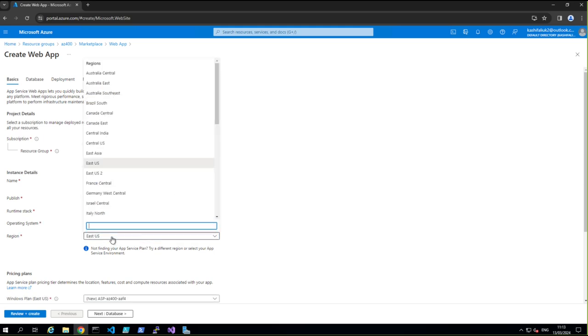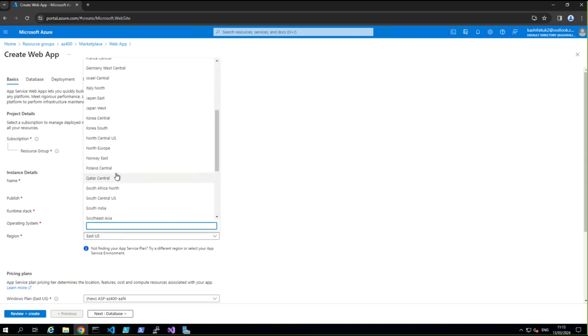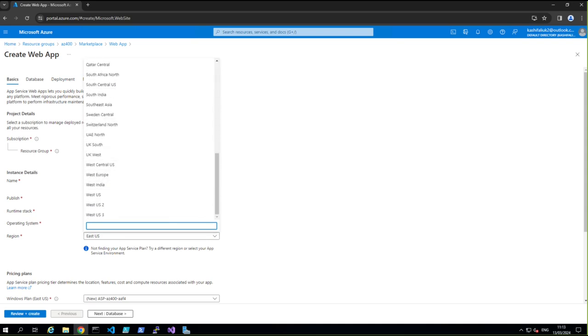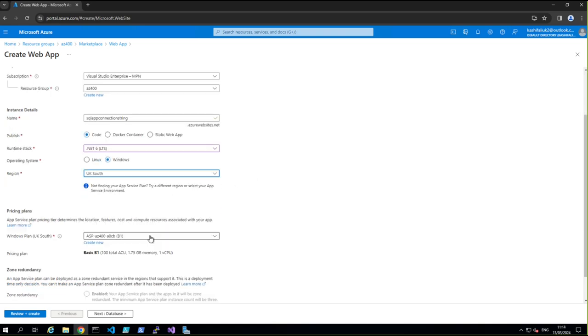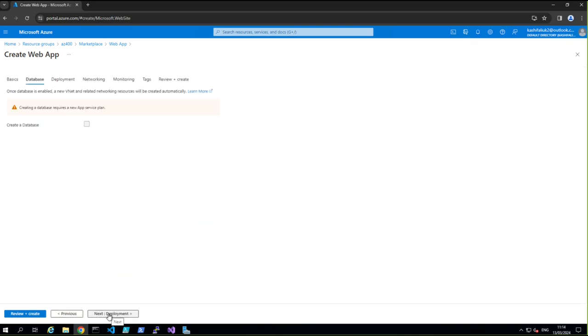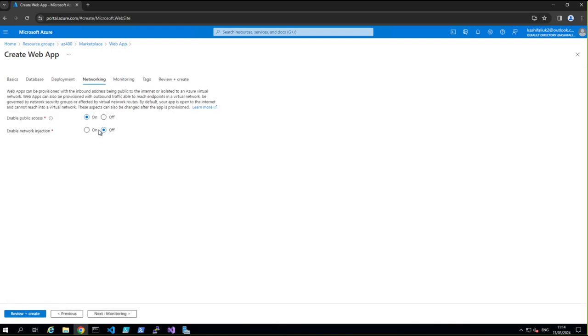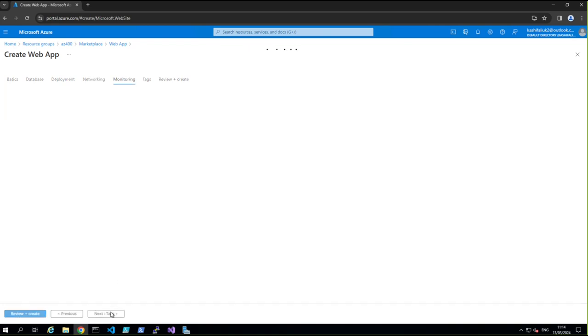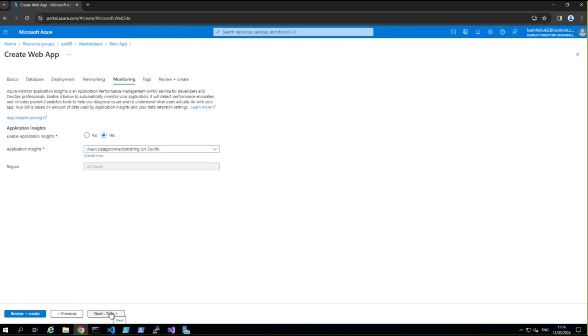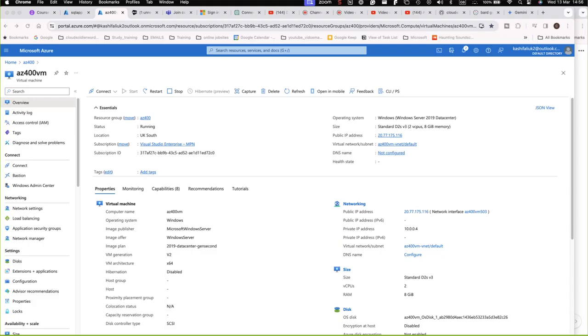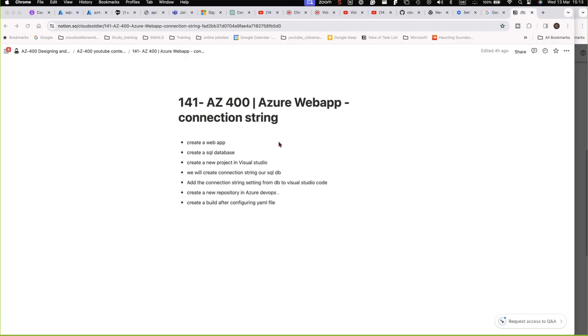Windows is fine. UK South. We have got already a plan there, so use that one. We don't need a database here. Deployment, keep it default. Public access yes. Network monitoring, we don't need any application insights tag. So what we have done is created the web app,